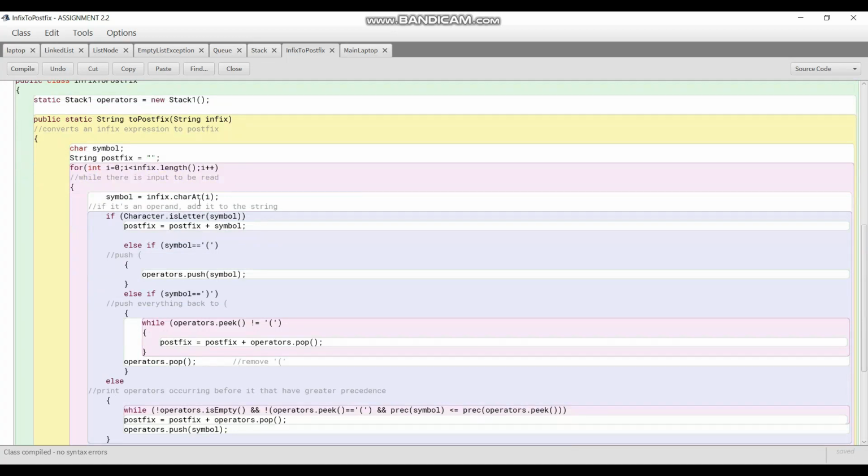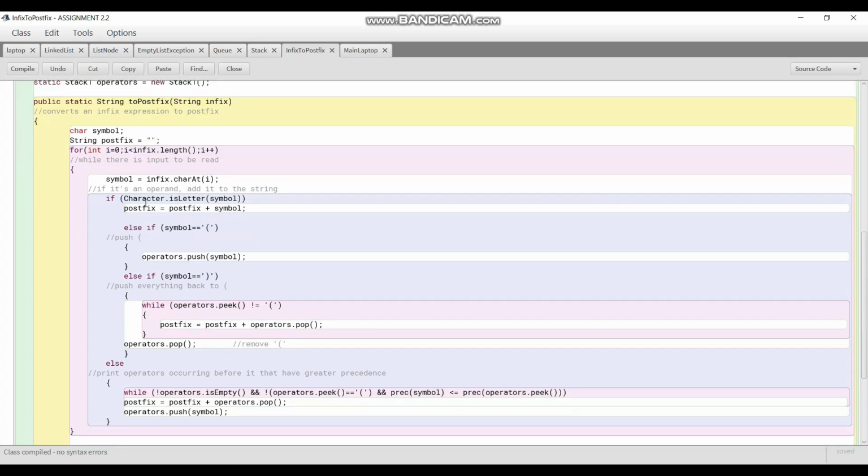If it is an operand, it will be added into the string. If the character is a letter, it will do postfix equals postfix plus symbol. Else if symbol equals open parenthesis, it will push, operators.push(symbol). Else if symbol equals closing parenthesis, it will pop everything back to the